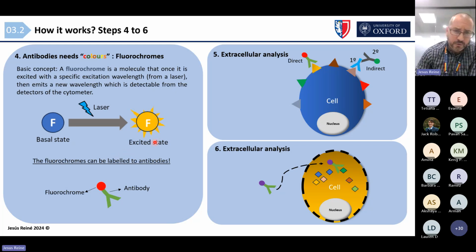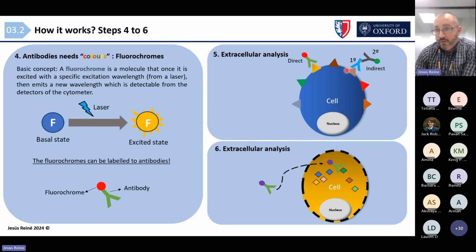The good thing is that all these fluorochromes, all these molecules, can be linked or labeled to antibodies. So here we have a representation of an antibody combined with a fluorochrome. With these tools, we can identify any antigen of interest which is recognized by this antibody. And this color, this fluorochrome, can be detected by the detectors and filters that we have in the cytometer. So we have that sample, and then we use antibodies to identify these antigens in a specific way,